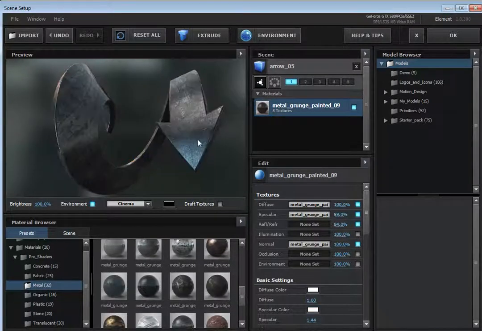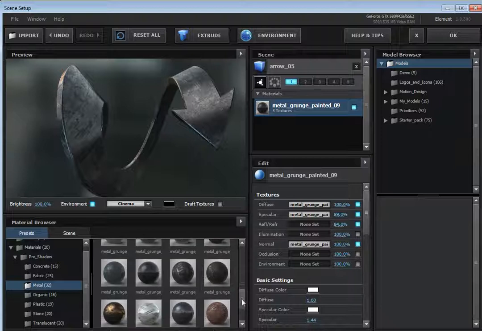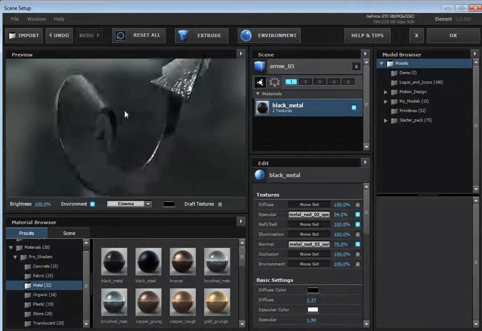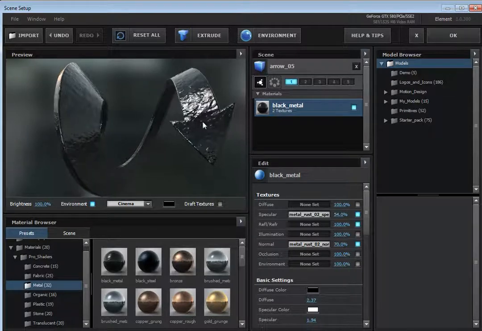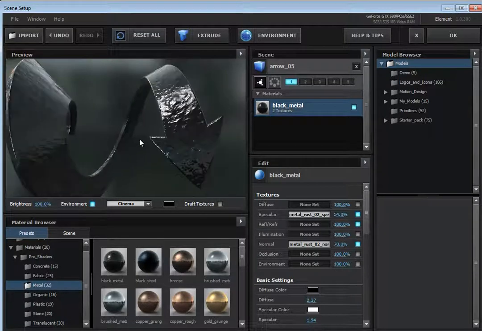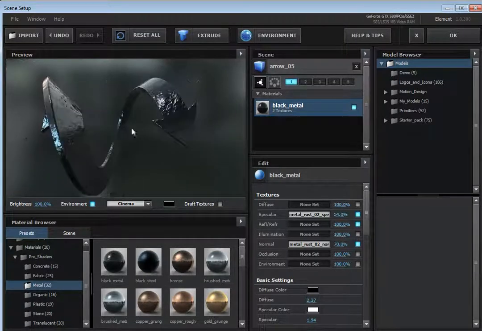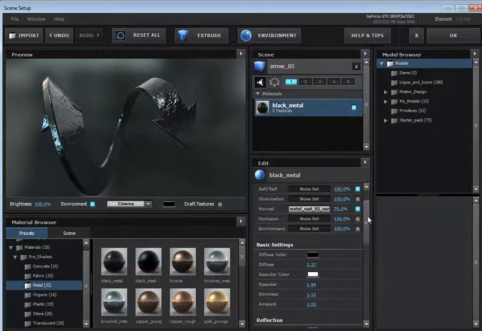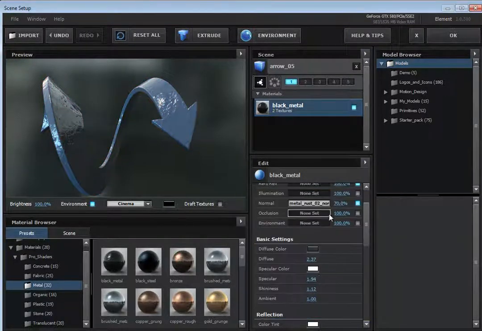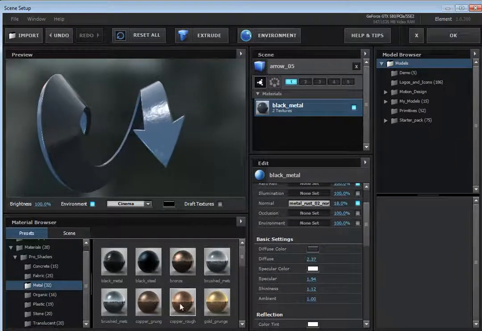We can go through here. I've got this great looking metal here, and the fact that you can do it inside of After Effects, inside of Element, is really cool. Now this one has a really cool bumpy looking surface. And this brings me to another cool thing, the fact that these are all fully editable. Once you add them onto your object, you can edit all of the settings. You can change the color, play around with the intensity of the bump. You want it to be a little less bumpy, a little more bumpy. There's a lot of